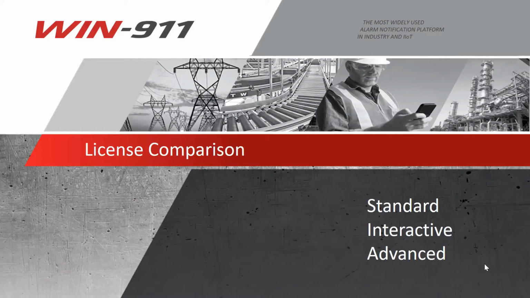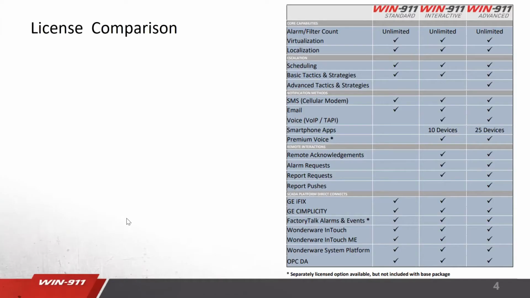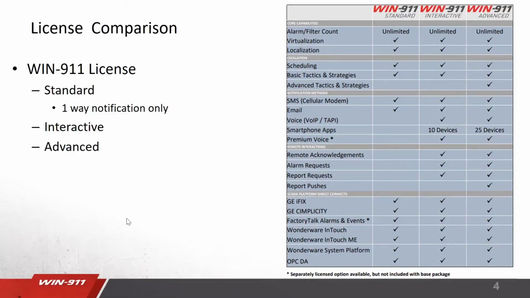Welcome to the WIN-911 video discussing the three license levels: standard, interactive, and advanced. A quick comparison between the license levels. The standard license level is only allowed for one-way notification, meaning you can only receive the alarms, you cannot remotely acknowledge those alarms. I'll start by analyzing what's in common with all three license levels, and then I'll individually